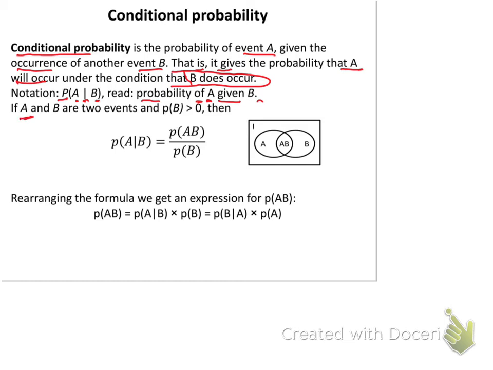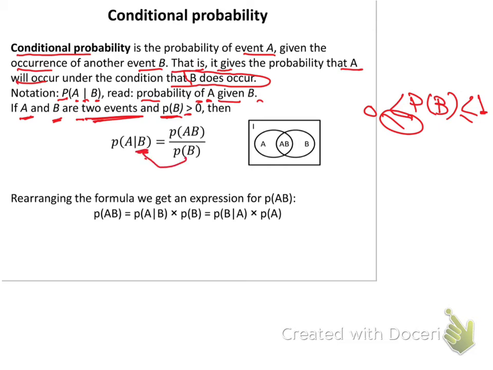If A and B are two events, okay, and probability of B greater than 0, because the probability of A or B or anything is greater than or equal to 0 and less than or equal to 1. It cannot be more than 1, cannot be less than 0. So always the probability should be greater than or equal to 0, but it could be equal to 0. But in this case, we have probability B, the given, will be in the denominator. If the denominator is 0, this means infinity. We cannot have any denominator in the world with the value 0. That's why it's mentioned here,